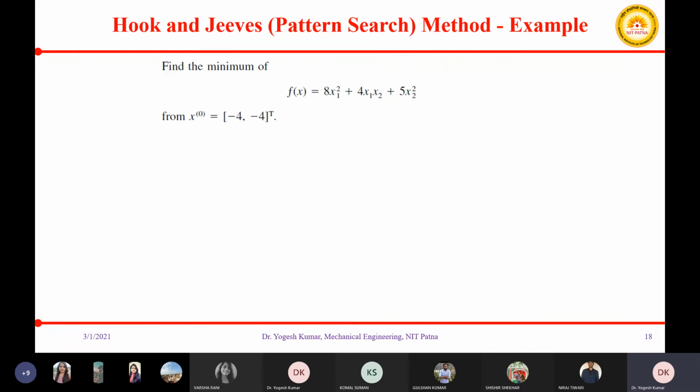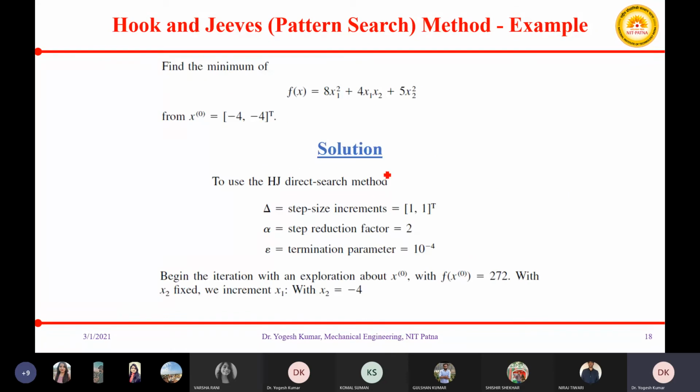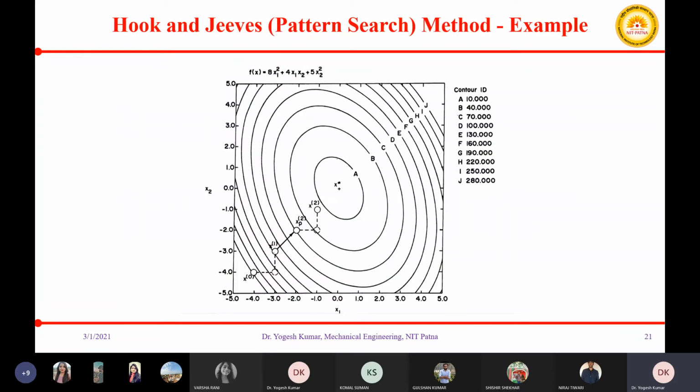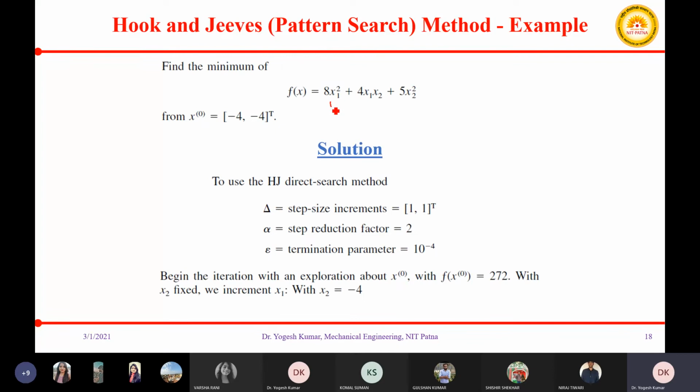Okay, so before moving to this problem, repeating this problem again, let us move to the graphical representation of this problem, which was your example 8x1 square plus 4x1 x2.